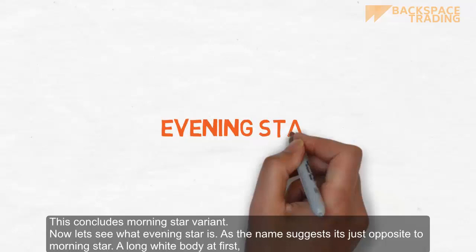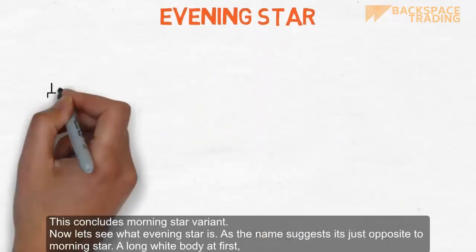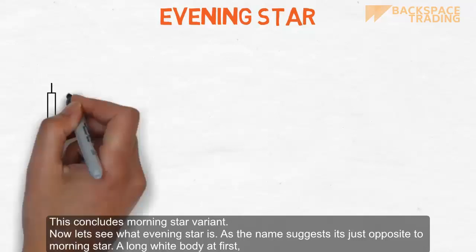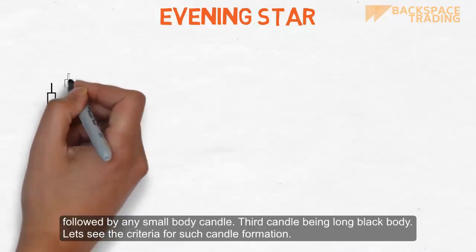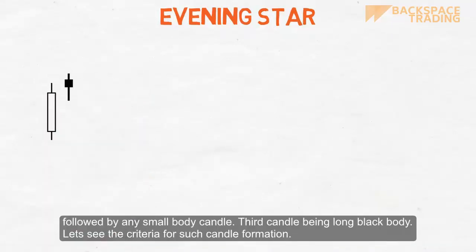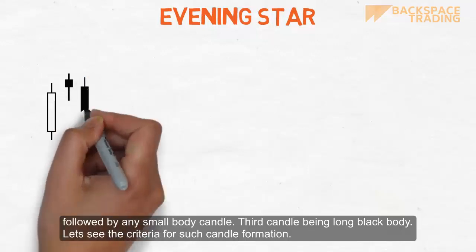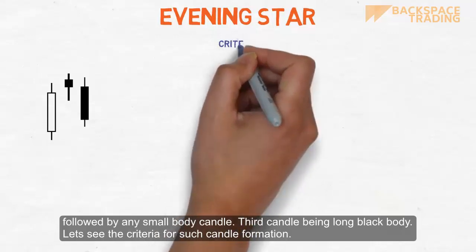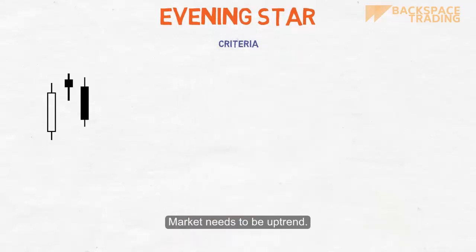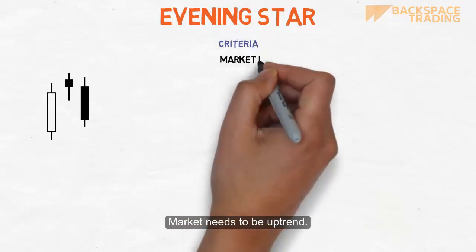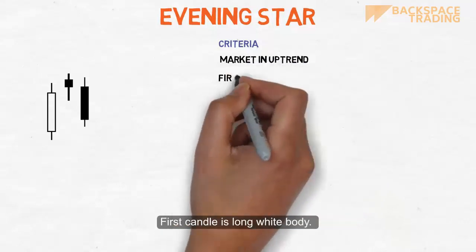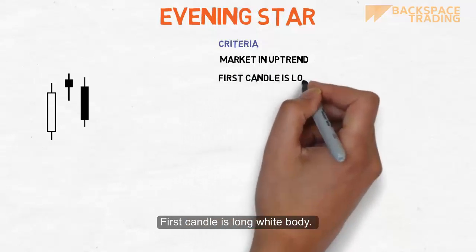Now let's see what evening star is. As the name suggests, it's just the opposite of morning star. A long white body at first, followed by any small body candle, the third being a long black body, just like this. Let's see the criteria for such candle formation. Now for this, market needs to be in the uptrend, just the opposite, okay? And the first candle should be the long white body,